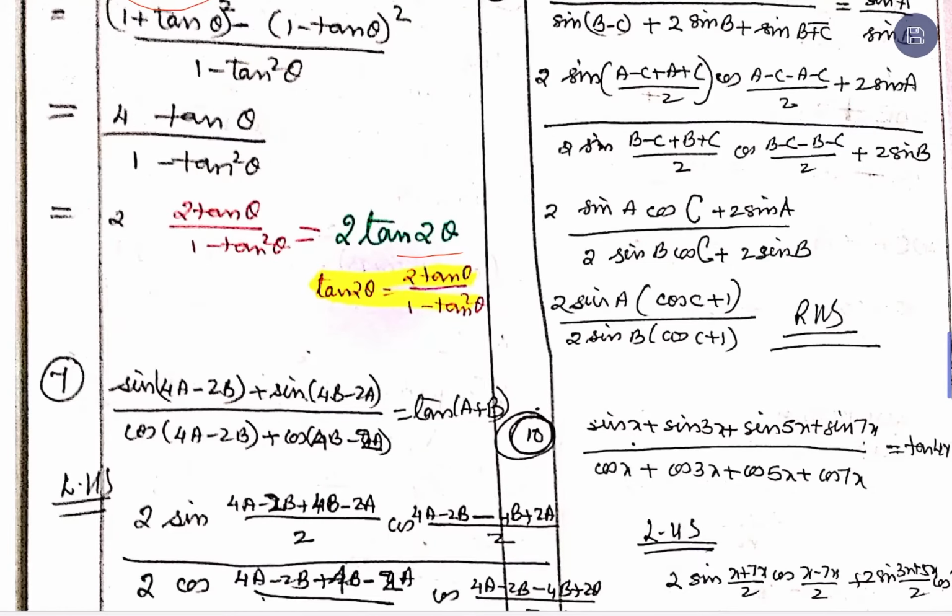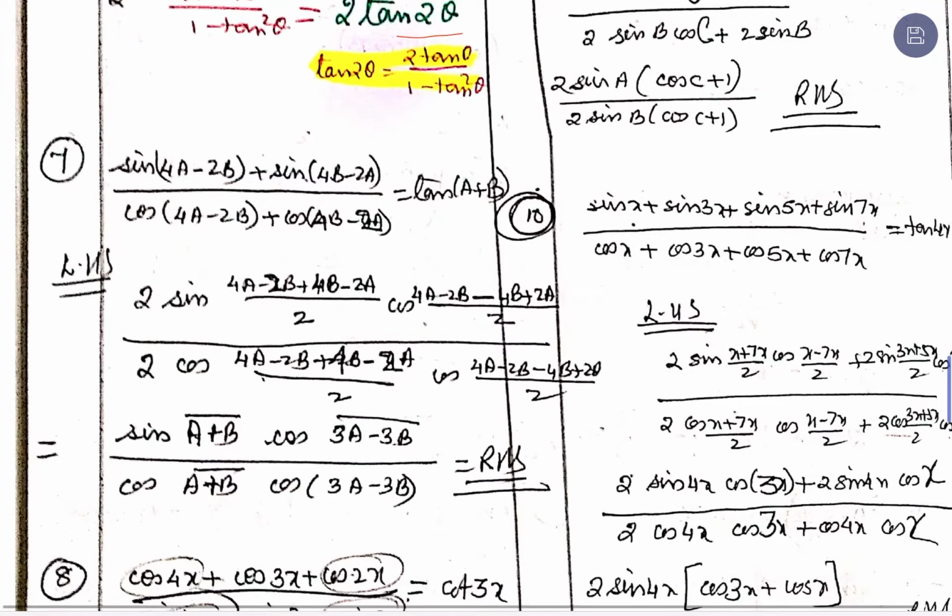Now, the next question is again a ratio form. So, how should this be read as? It should be read as sin C plus sin D over cos C plus cos D. Applying the formula, it is 2 sin half the sum cos half the difference. Denominator again 2 cos half the sum, both the ratios are cosine.